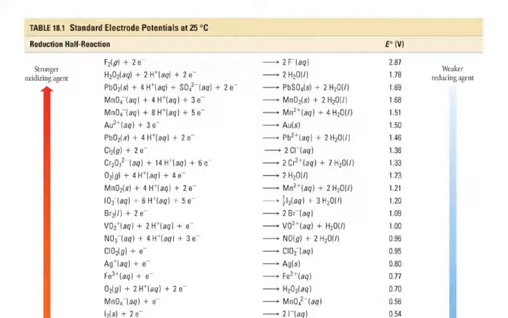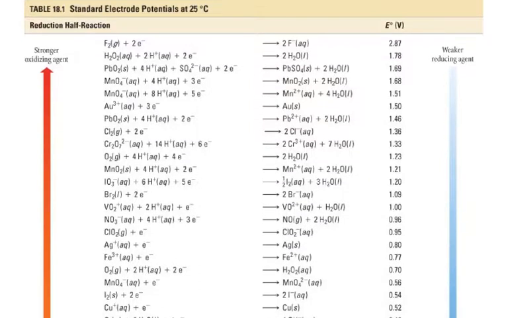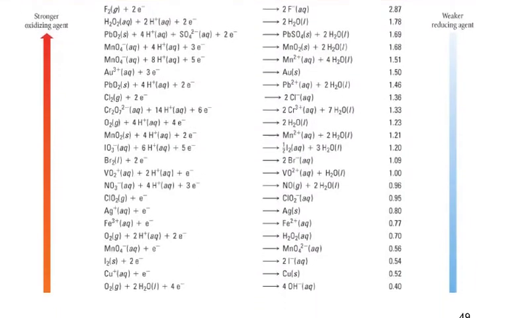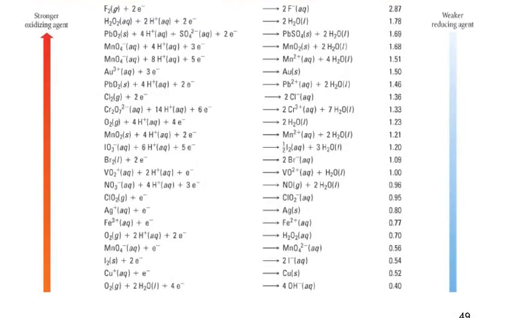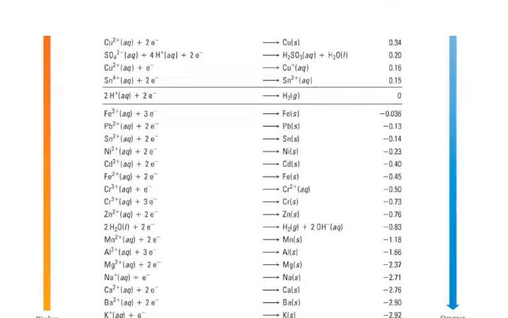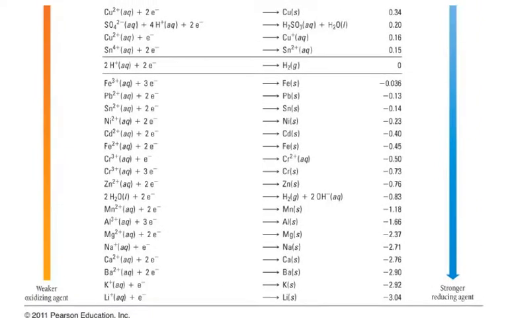So table 18.1 here in your textbook is one that I would recommend having available as we work through this. It is the table of standard electrode potentials at 25 degrees Celsius. You can see here in the first part of the table, everything is positive. Then if we keep going, it's kind of a long table, so I didn't shove it all onto one page. Here is what we're measuring against, and once we go below that,